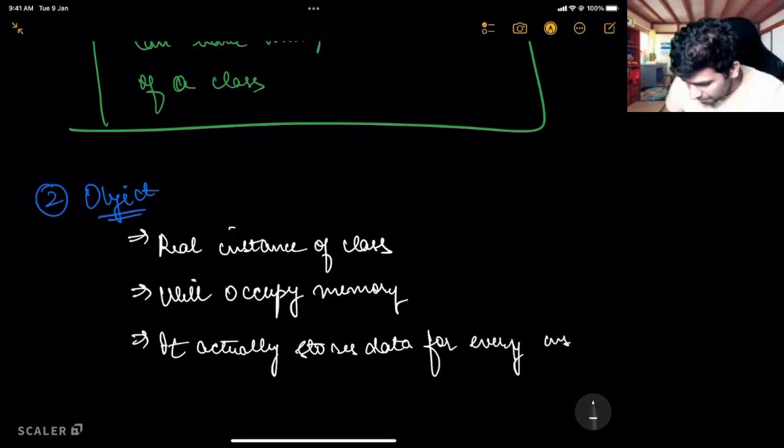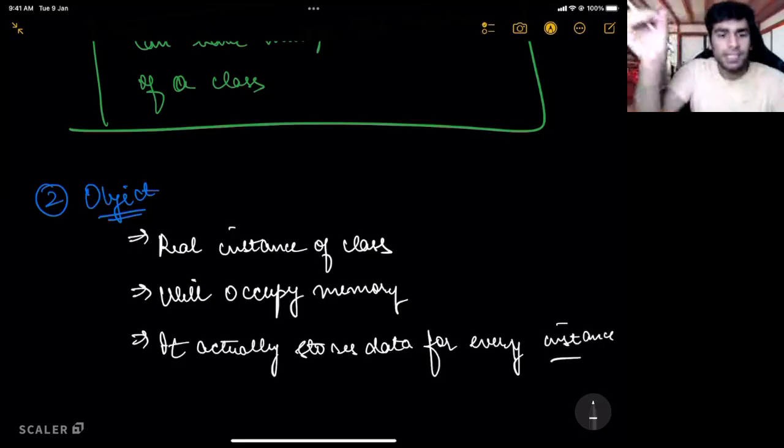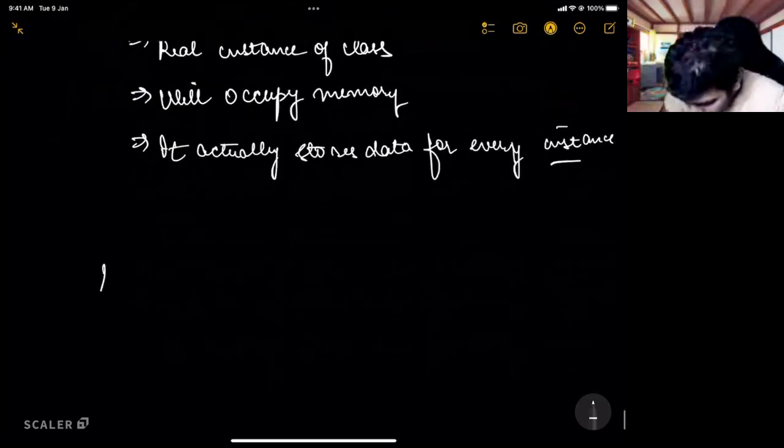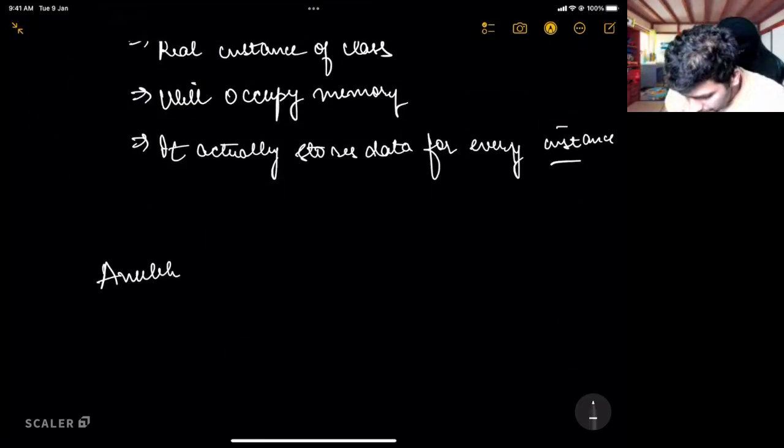Okay. Good question. In the Scaler code base, will Anubhav be an instance or will Anubhav be a class? Anubhav will be an instance. And what will be the class of which Anubhav is an instance? Yes, Anubhav is an instance of student.